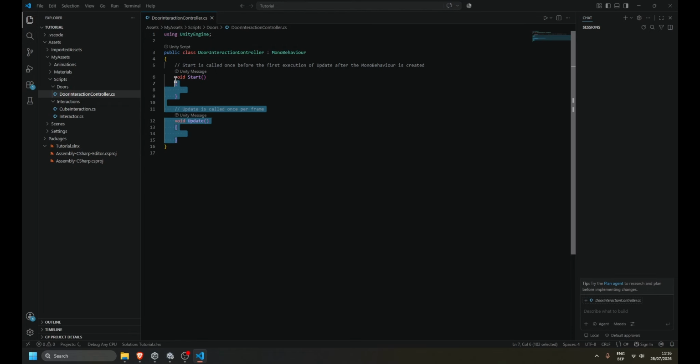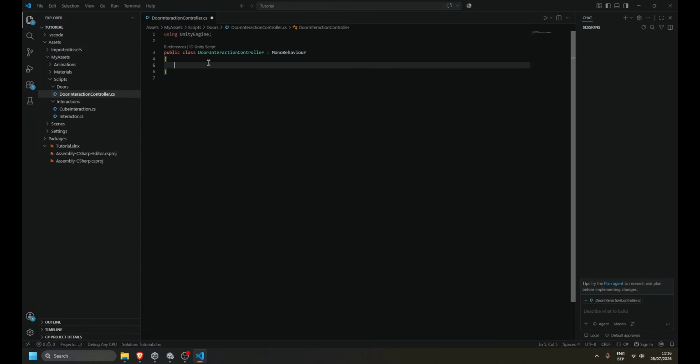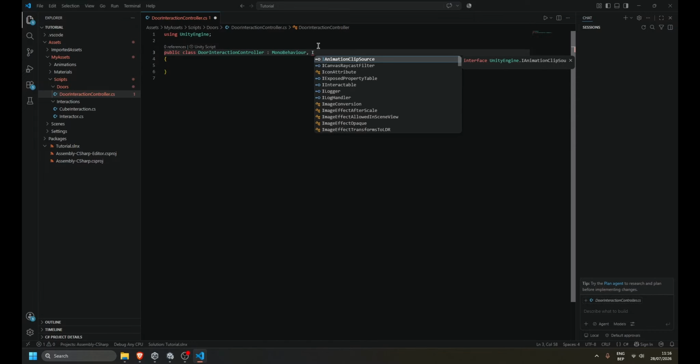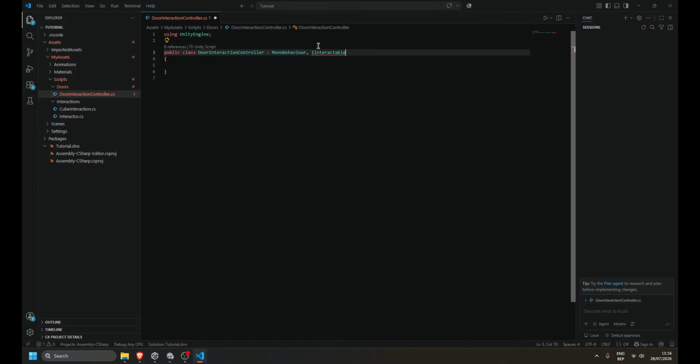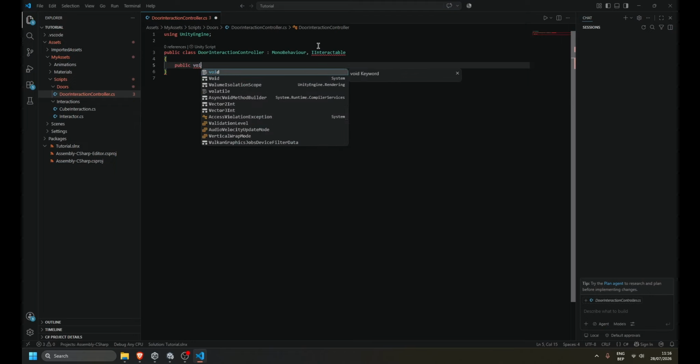Now, this is where you're going to need the interactor that you're using to interact with objects. For me, that's going to be a comma after the MonoBehaviour, and I'm going to do IInteractable. And down here, we're just going to do public void